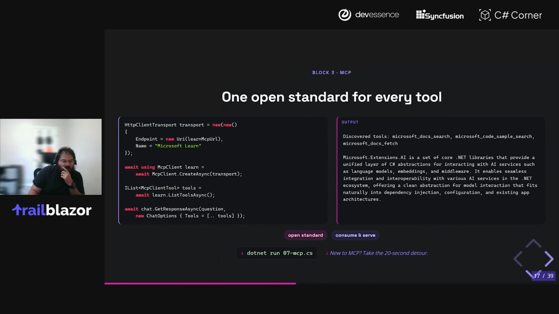Now, that's all well and good if we lived in a world where everything is built in .NET and C# and everybody's using Extensions AI. But the reality is systems are built with different tools and different systems. And so here comes MCP, the Model Context Protocol from Anthropic, which has effectively become an open standard. I want to say two Novembers ago. It's been a while. Time is blurry, but long story short.